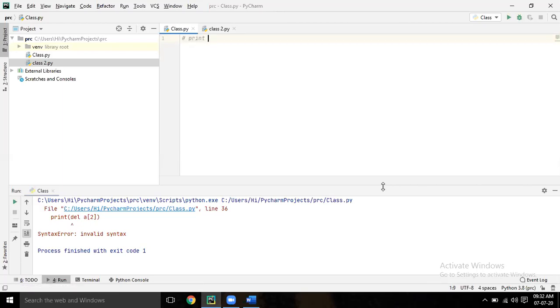Print -10 to +10. I mean negative -10, -9, -8, like that, 0, then 1, 2, 3, 4 till 10. Okay, write the code. I'm giving you 5 minutes.